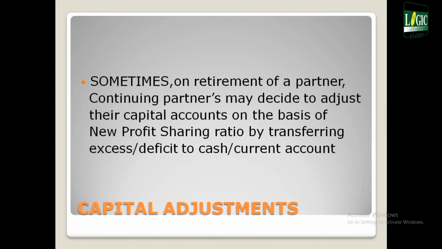Okay. Now another thing you should know is about gaining ratio. There is only one method of valuing goodwill when the goodwill of the firm is valued, wherein you will have to trace out the retiring partner's share of goodwill and pass the journal entry: continuing partners' capital account debited to retiring partner's capital account. Why is the retiring partner credited? Because the retiring partner is to be given a send off with all the things he is eligible to receive, which includes his share of goodwill. So he is packing off, so he should be credited.